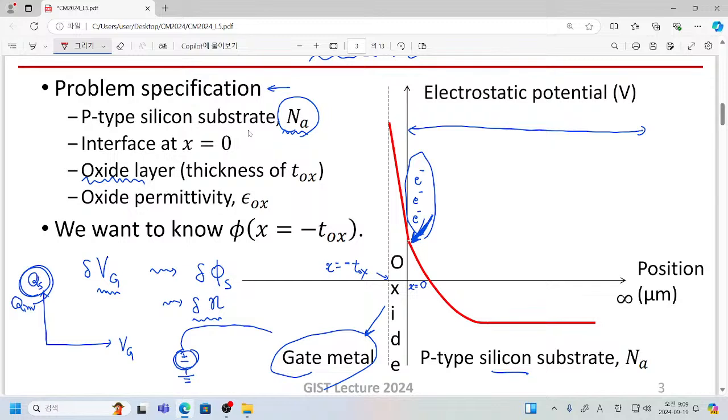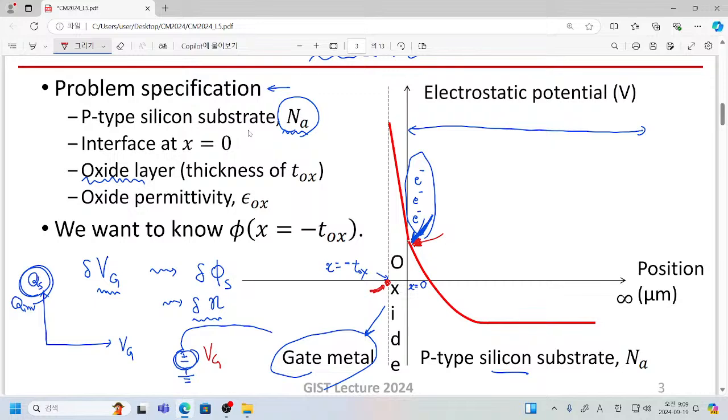So your gate voltage is directly applied to this point, and now we will consider what will happen if you change your gate voltage,